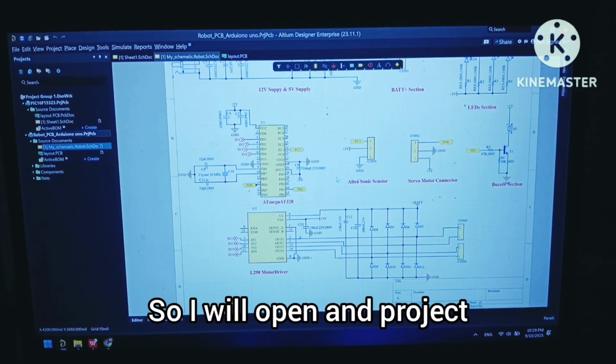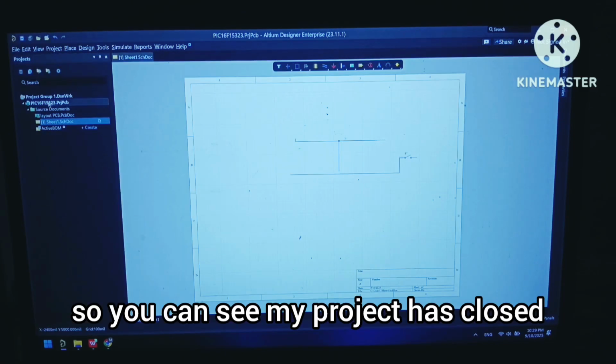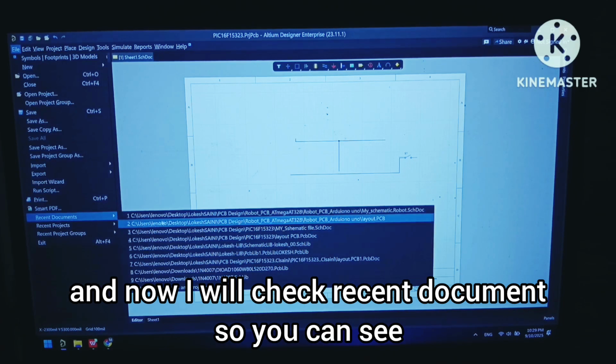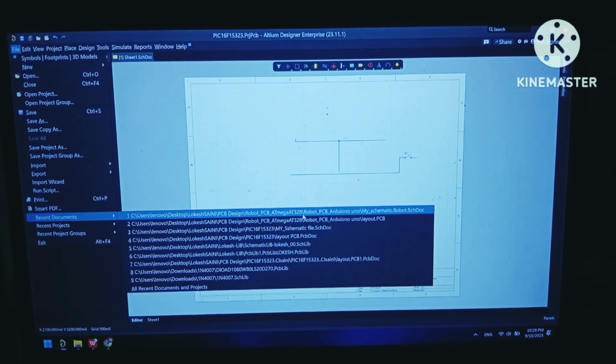So my project has closed, and now I will check recent documents. You can see I opened this project recently, robot PCB ATmega328.